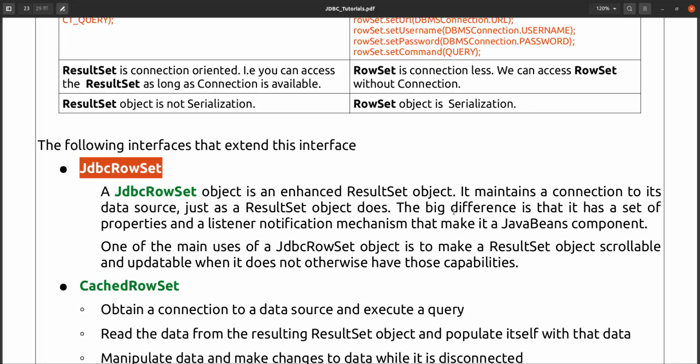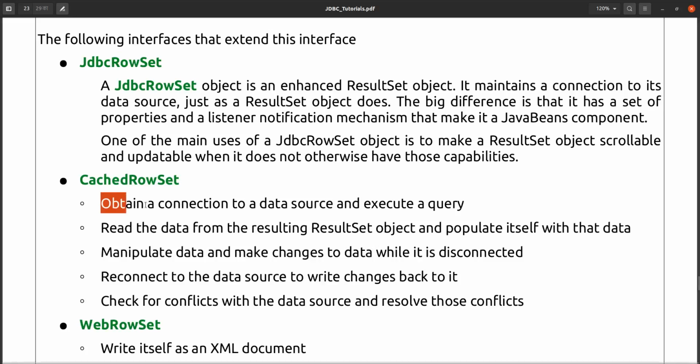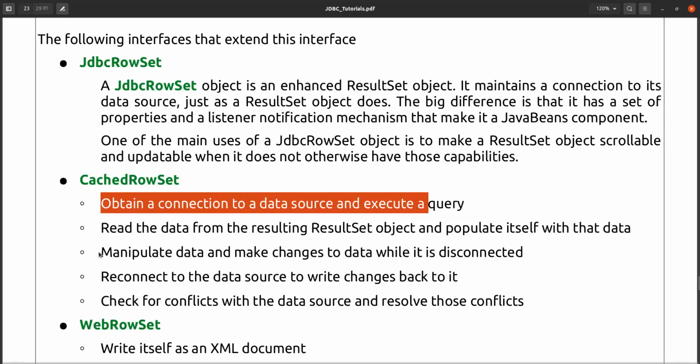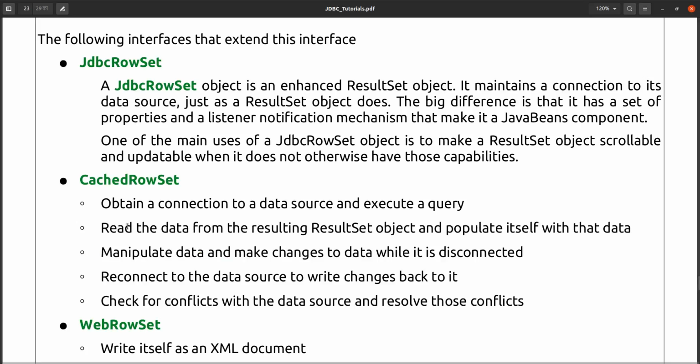One of the main uses of a JDBC RowSet object is to make a ResultSet object scrollable and updatable when it does not otherwise have that capability. Means by default a RowSet will be scrollable and updatable, but by default a ResultSet is not scrollable and updatable. Okay, CachedRowSet